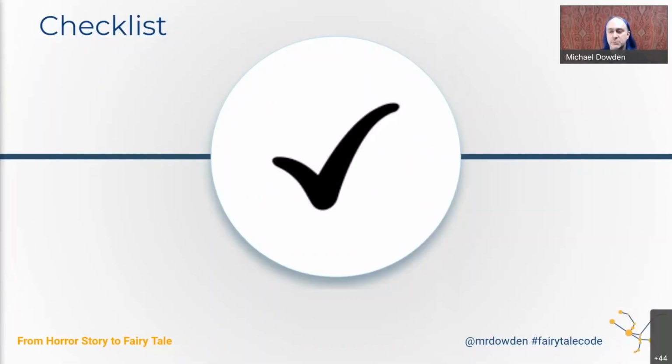So getting to this point, we want fairy tale code. We've talked about some strategies for doing that, but let's make this more concrete, more applicable. I'm going to give you a checklist for some things that I do to help me ensure that I am producing good code that is easy for other developers to read. And to be blunt, the person that probably benefits from this the most is future me. When I write code that's easy to read, when I come back to it later, I benefit from that.